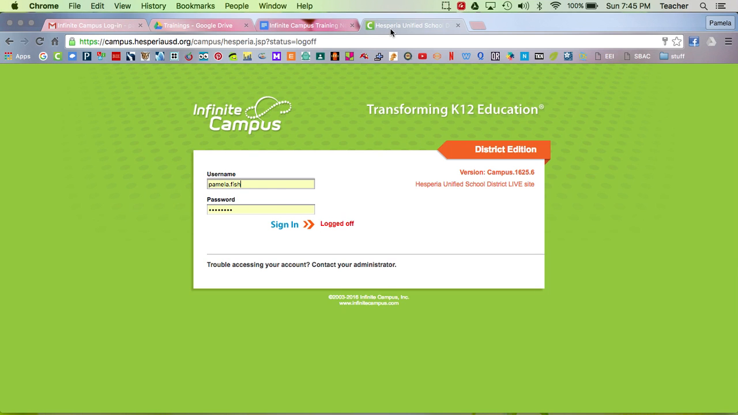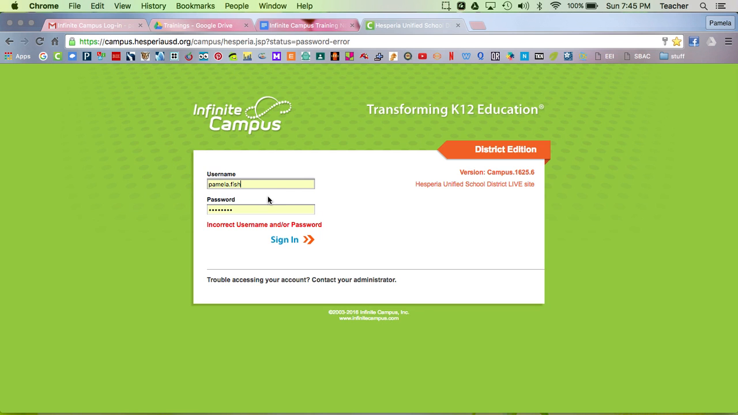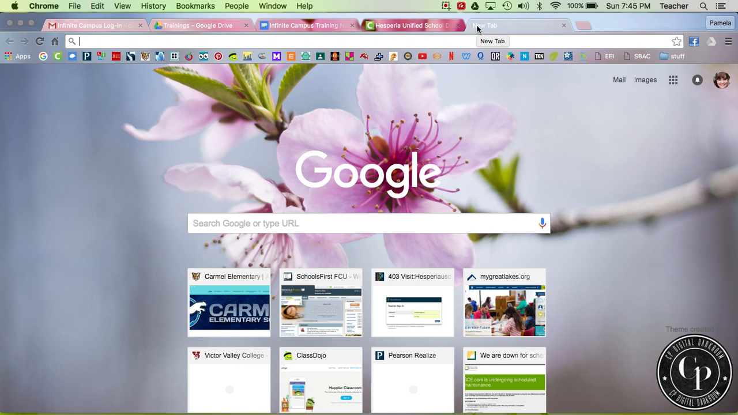Okay, so this tutorial is how to log into Infinite Campus. You can see I'm already on the web page, but this is because I have mine bookmarked, and I just clicked on it and I've saved all my information in there. But for you, if you don't have it bookmarked yet, you'll want to go to